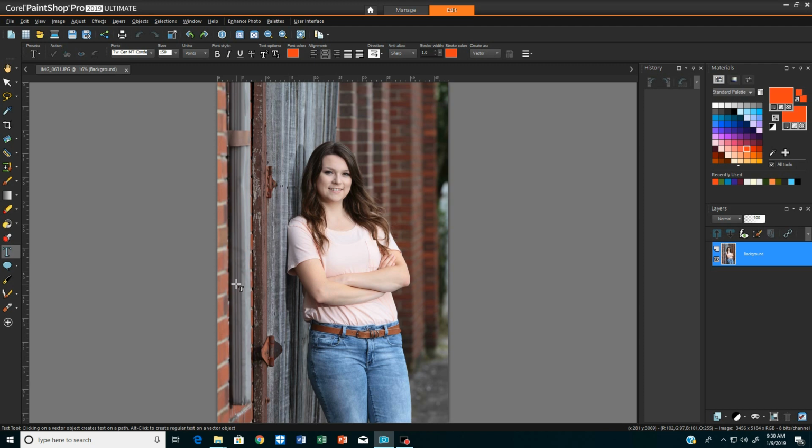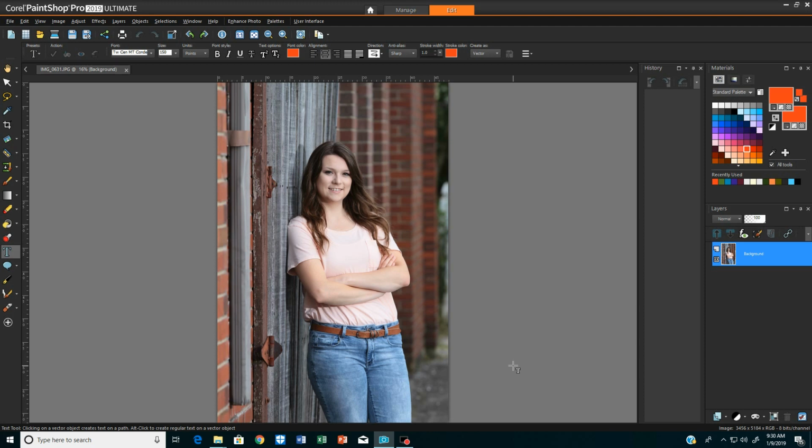This young girl's name is Annie, and Annie was very good to work with. Before we work on any image, it's a good idea to have an image that is composed well, lit well, and with proper focus. You can see that I have a good depth of field. Everything behind Annie is out of focus, and maybe 3 feet in front of her is out of focus where this gutter is. This is a very nice location I've used several times.